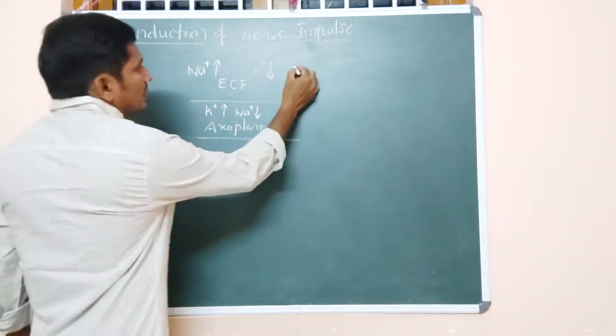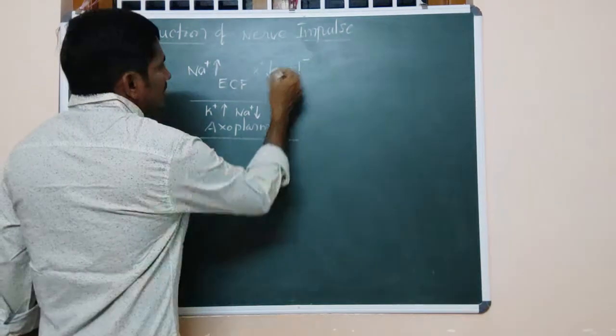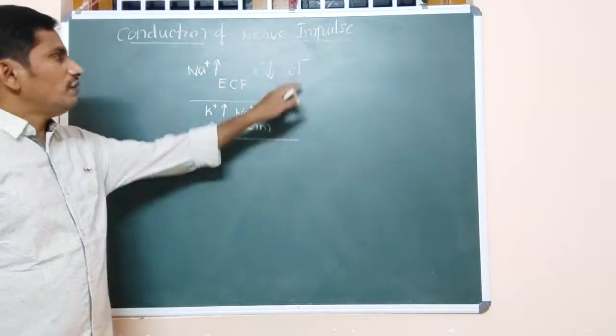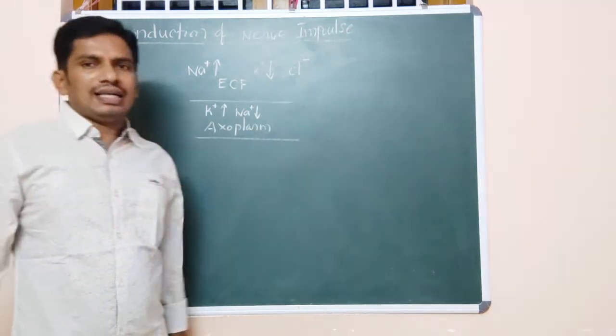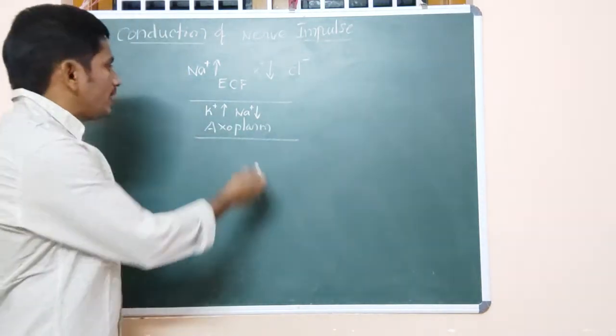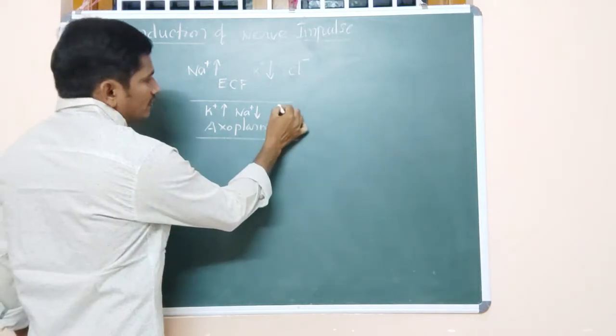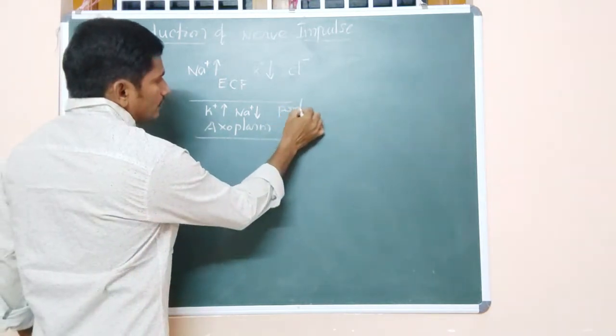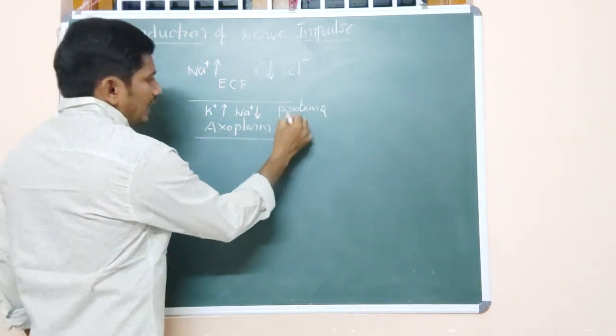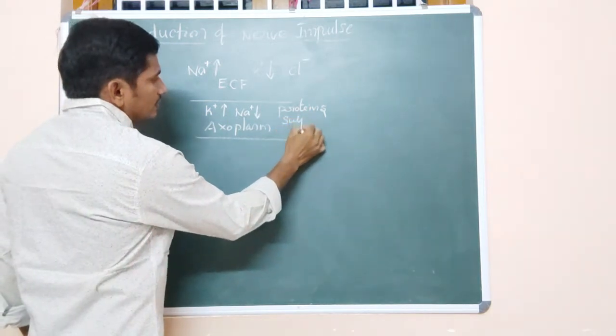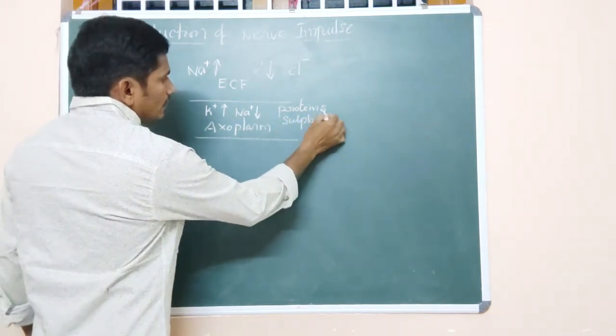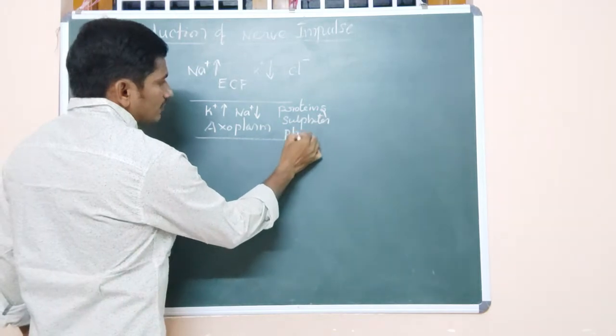Along with that, Cl minus, which is an anion, is present abundantly in the extracellular fluid. Now inside the axoplasm, proteins and sulfates and phosphates